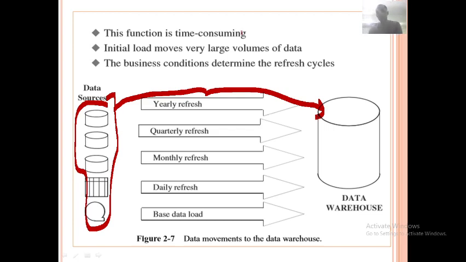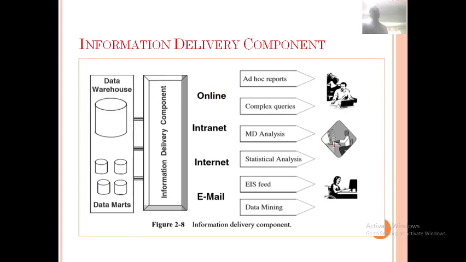In between, we have a data staging. Here, in between the source data and the data warehouse, we have a data staging. Got it? It helps to extract the data from the data source, transform it into a single format, and load it into the data warehouse. Okay. Now,